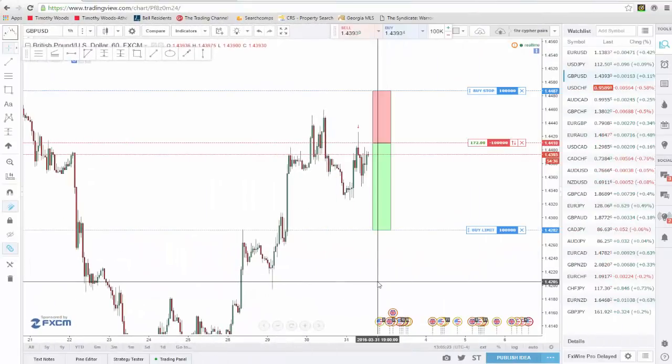Alright guys, so that was my morning analysis, and I do analysis like that every single morning, 5:30 a.m. Eastern Time. Of course today I did have prior engagements, so I was not able to do my analysis until 8 o'clock, but normally I would try to make sure I'm behind my computer at 5:30 every single morning. I think it's very important to have a rhythm of coming into the market at the same time every day. It will really help with your consistency in trading, and also it's just good to do your analysis at the same time every morning.